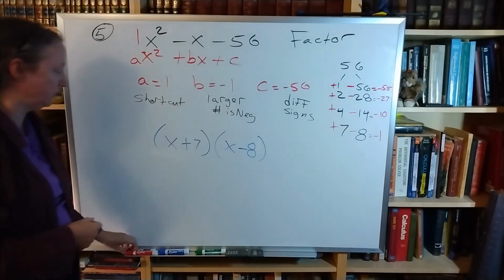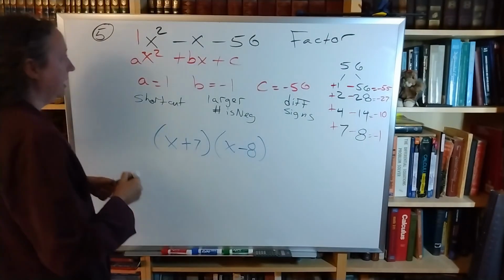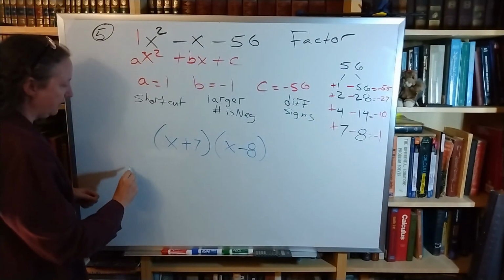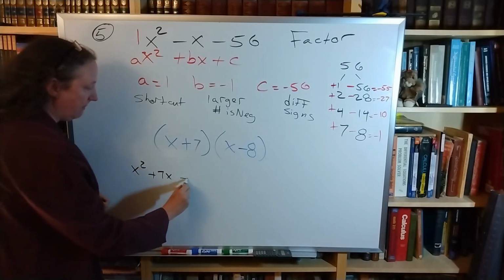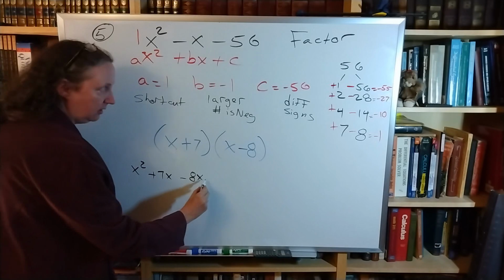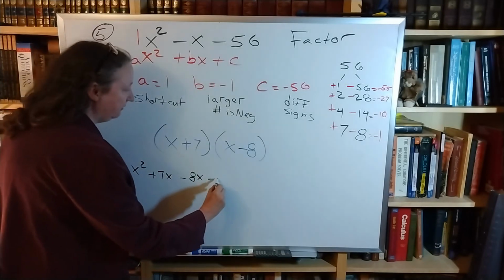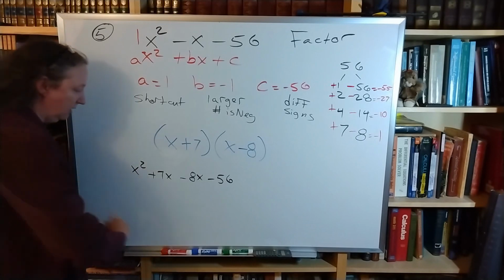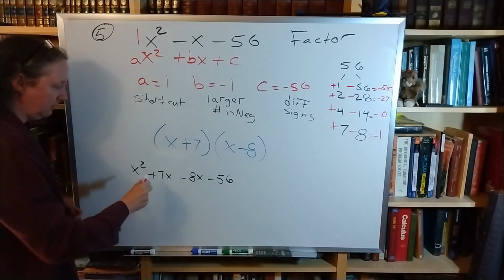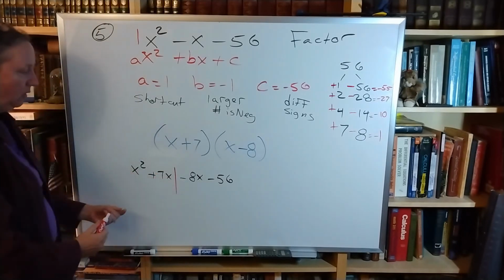If you don't know how to use your shortcut, you have to go through the process of, I have my x squared plus 7x minus 8x minus 56. Split them twain. What can I factor